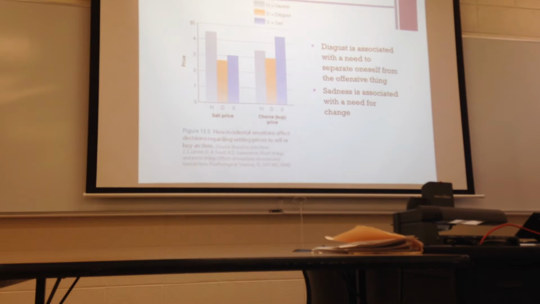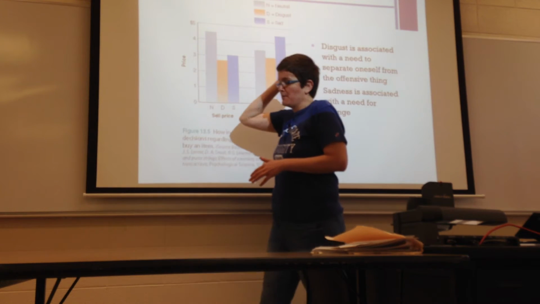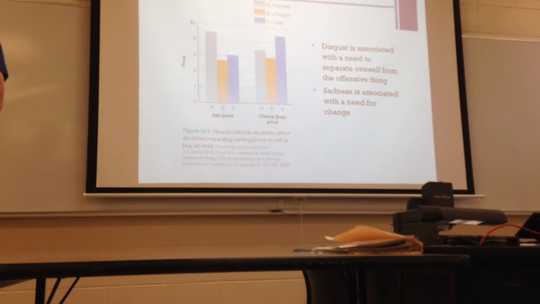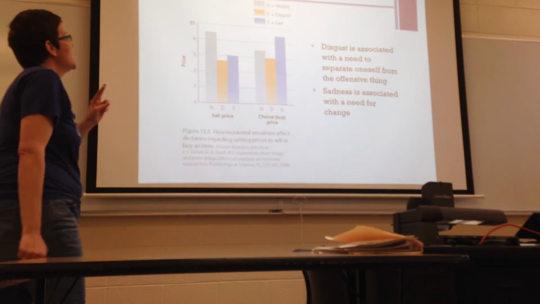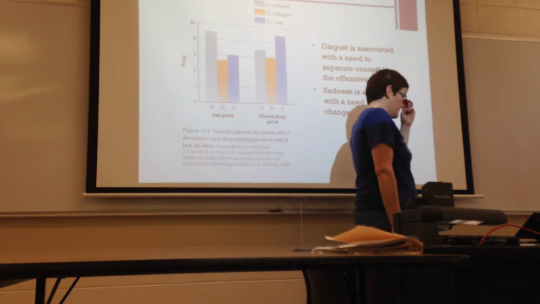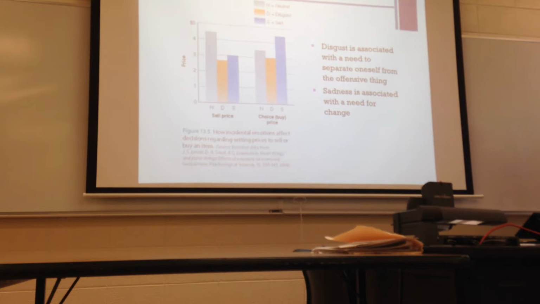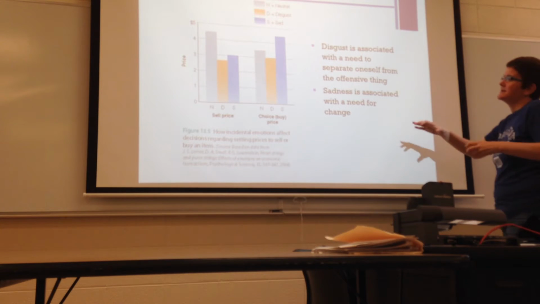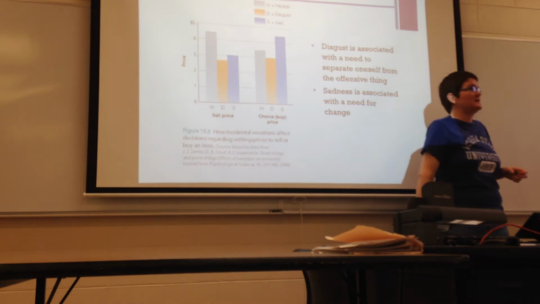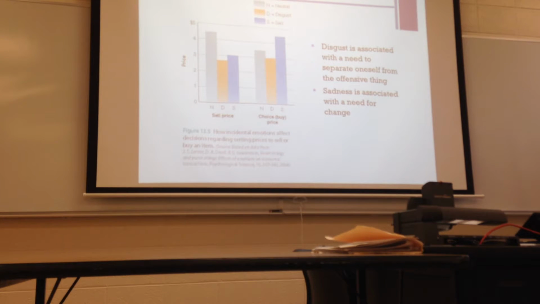We talk about incidental emotion. This was in a study that they did where they had people who were in different emotional states, either neutral, in a state of disgust, I love that, inducing a state of disgust, or who were feeling sad. And they gave them options. They gave them some pens, I think. They gave them some stuff to sell. And they said, okay, what price would you set to sell this thing? We've given you this thing. You can sell it for whatever you want. How much do you want to sell it for?